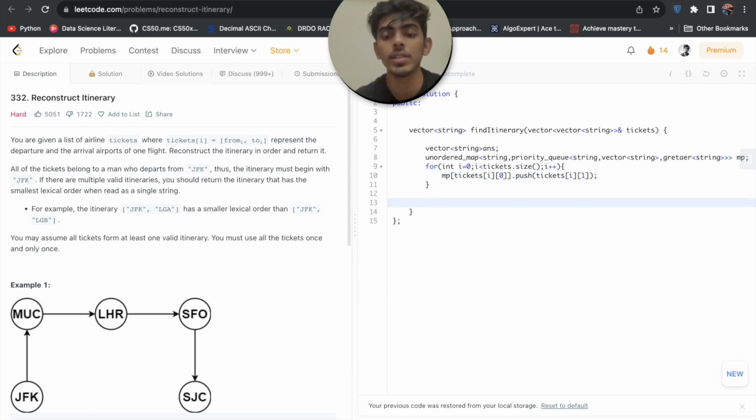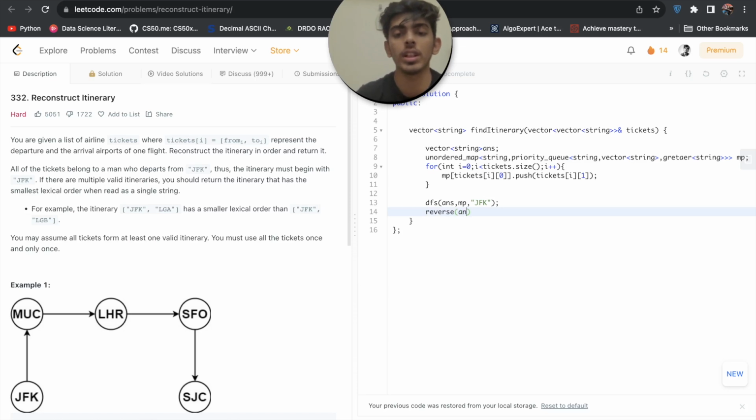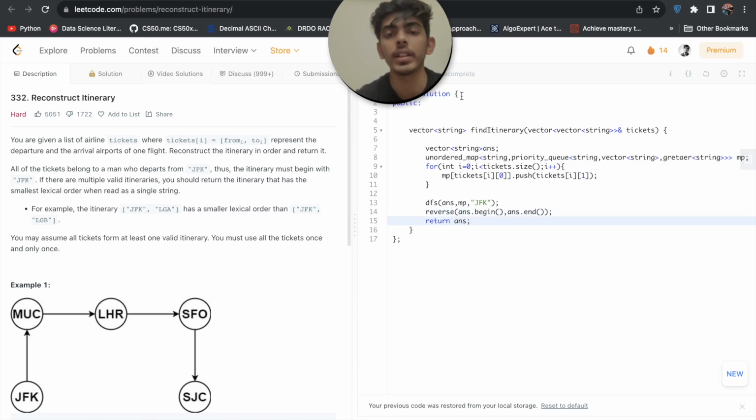After that we will make a DFS call on answer, map, and source is JFK, right? After that we will simply reverse our answer, answer dot begin, answer dot end, and return our answer vector. We need to implement our DFS as well.